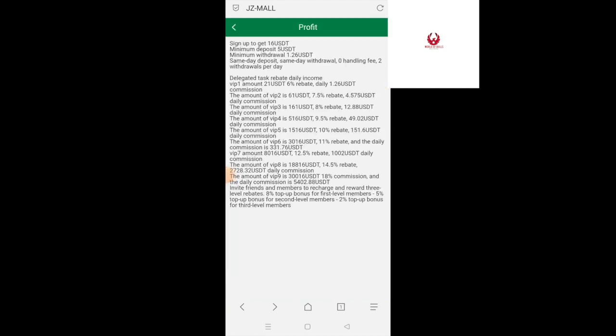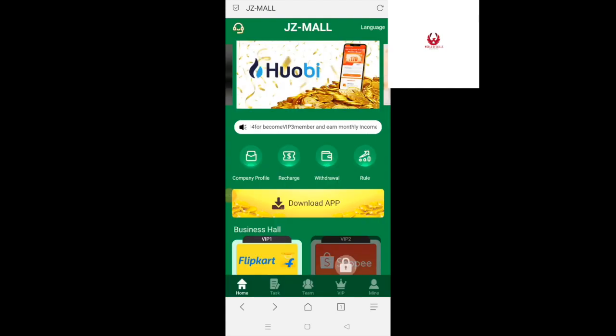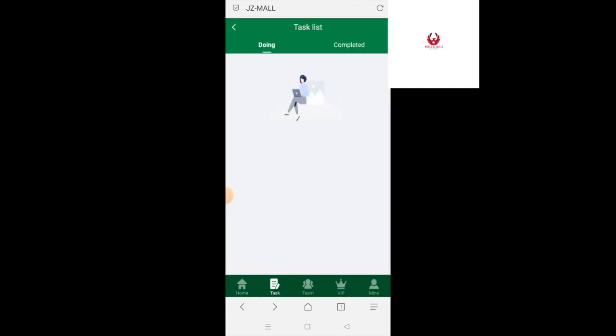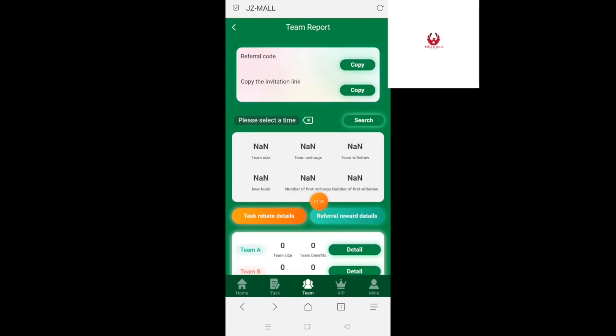Here you can see the restart video, and folks, the rules and guidelines. Typically, folks, the minimum withdrawal is 1.26 with a fee, and you can check out the 21 on the sum and the daily 1.26 commission. All that I said is written here, you can look at it, and you can read everything available as you go through this, and you will get great information about this stage here, the task options, and your team.